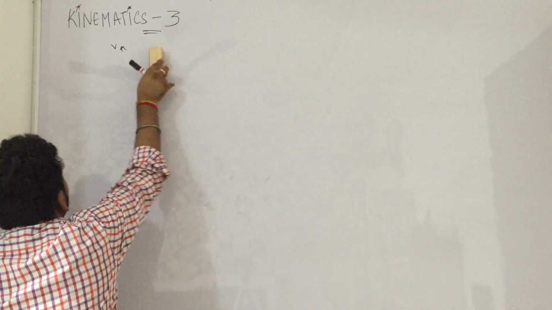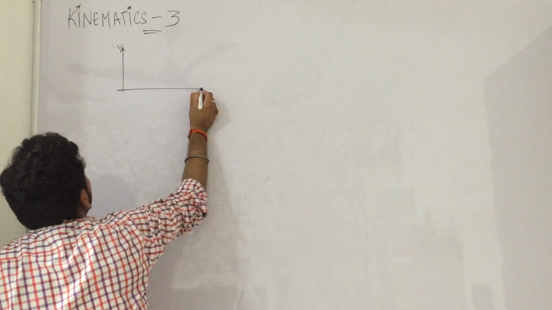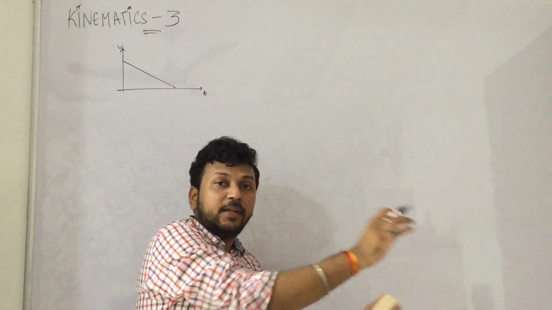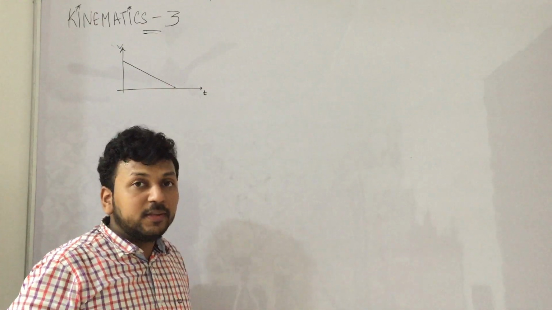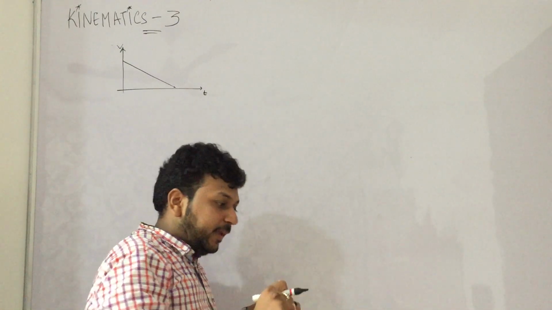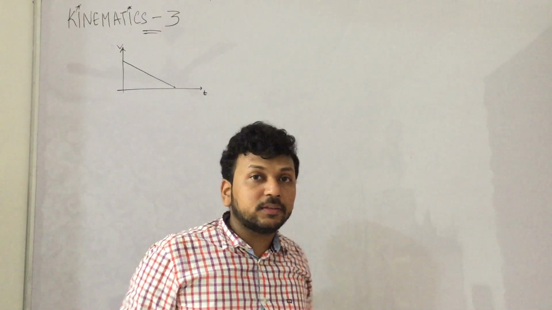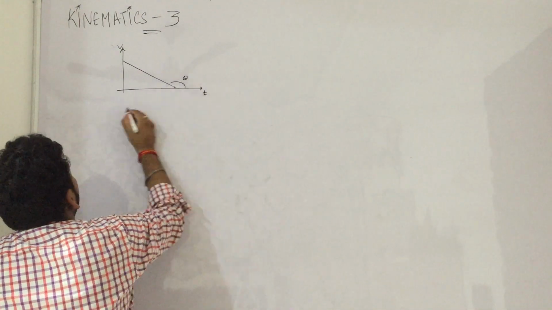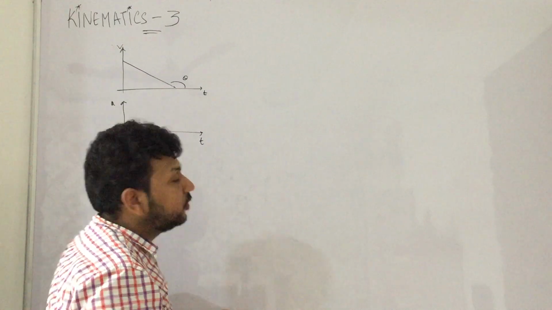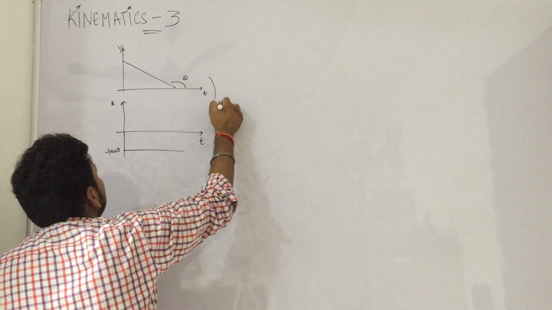Let us understand the third case. If the person was moving and the person is applying brakes, its velocity will decrease. But if he starts applying the brakes, he will still move forward. He will not turn back. He is applying brakes, but moving forward, and then he will stop. That means position will still increase. Suppose this is theta. Tan theta will be negative because theta is obtuse. So acceleration will be negative. This will become tan theta. So the slope of this is a.